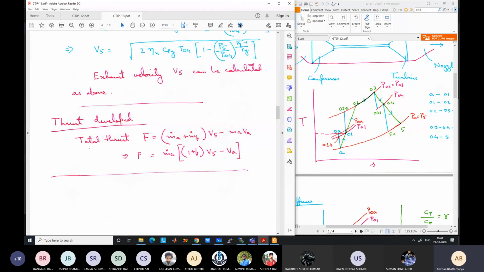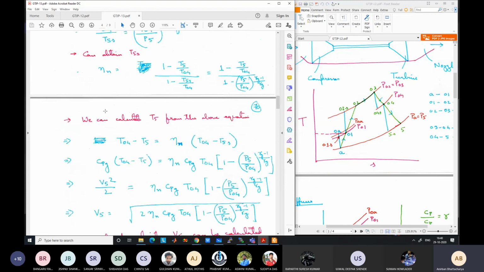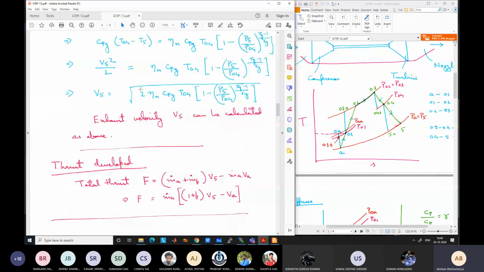Let us stop here. Go through this discussion of what we have discussed today and this part of the calculation. The only new things for you are the nozzle and the diffuser. The rest of the parts are similar to industrial gas turbines. So please go through the nozzle and diffuser part carefully and try to understand what is happening. And next class you should be very clear, because we have to go into more depth of this nozzle part in the next class. I will give you the marks of your exam by the next class, next week.